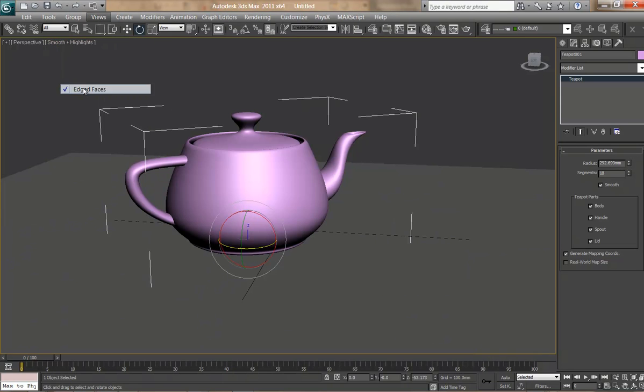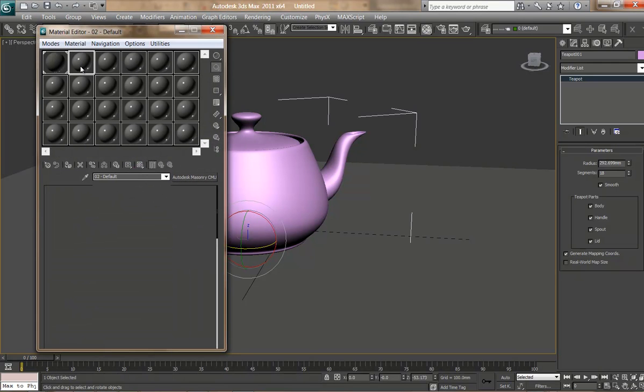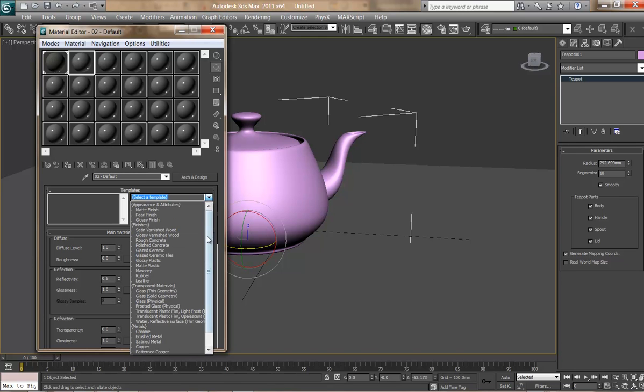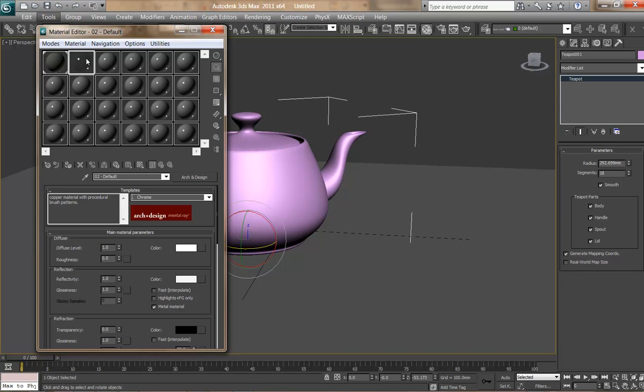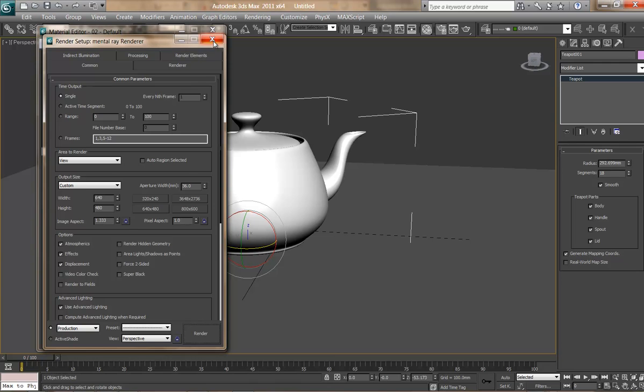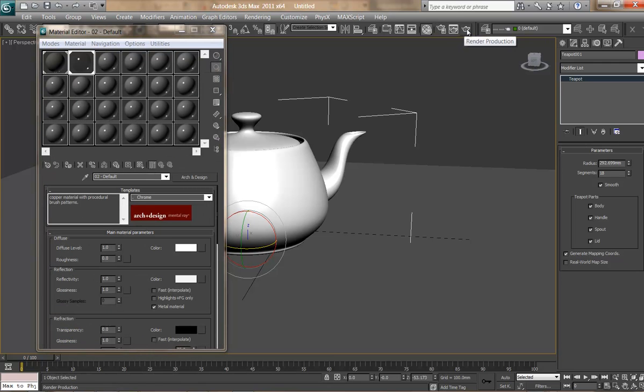Okay, so I'll turn the edges off now, and I'll give this another material as well. So I'll just grab, for this one, I'm tempted to use grass, or maybe I'll just use chrome for now, and then I'll change it to something more interesting later. Okay, so at the moment, there's no lights in the scene. So if I render, it should be meant to array. I'll just double check. I'm sure it's meant to array, but let's double check. Yep. So, okay, so I'm just going to click the render button,